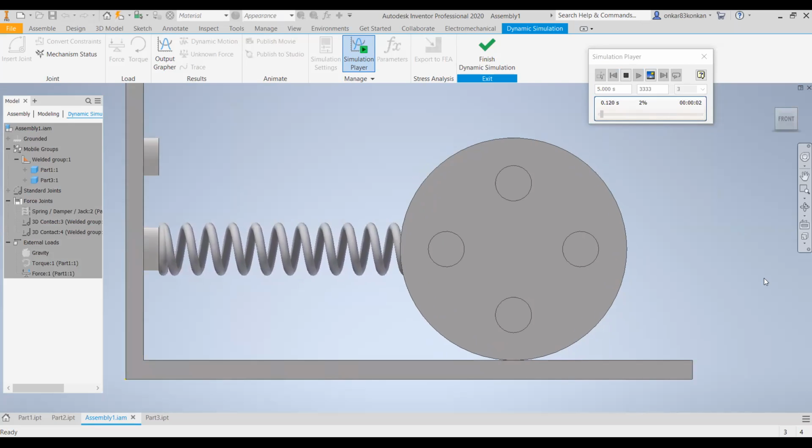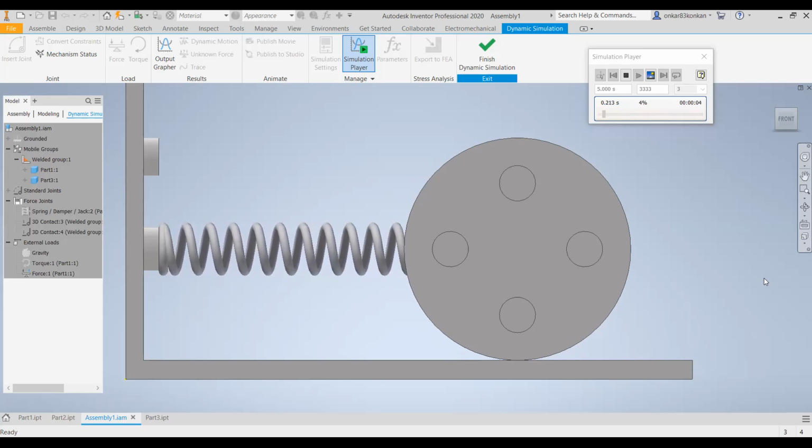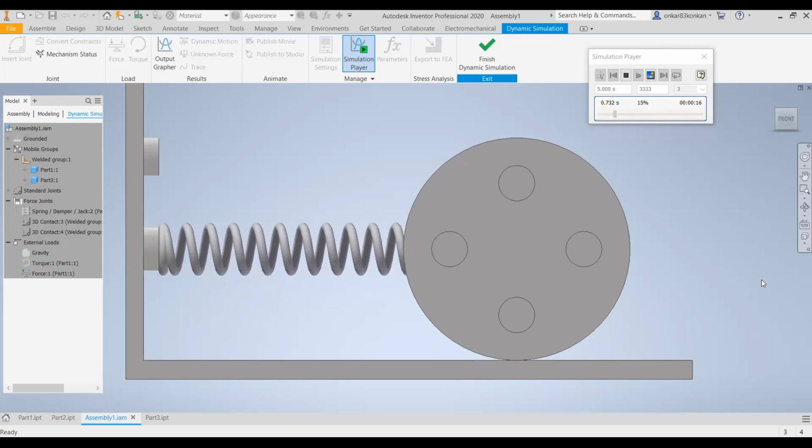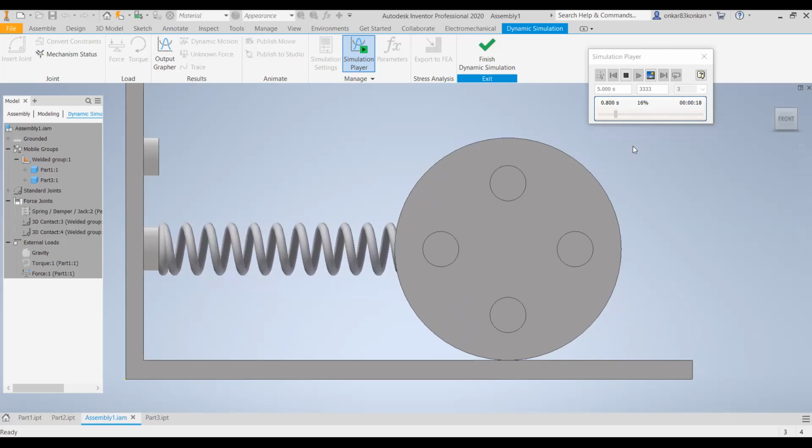Now it is very clear. With this simulation, you have understood how the system is going to oscillate physically.